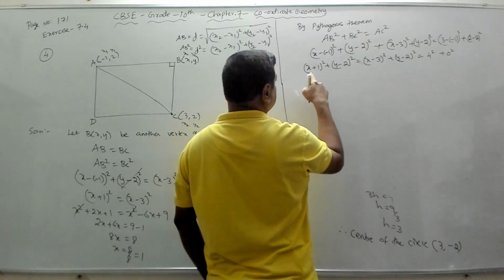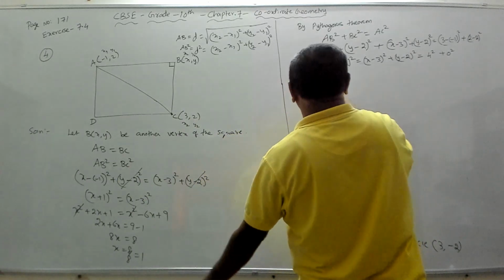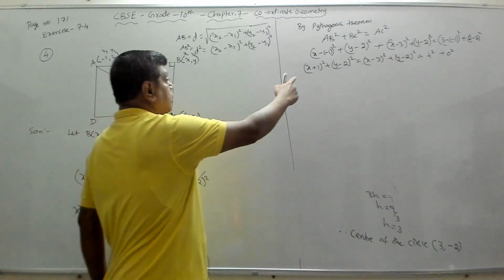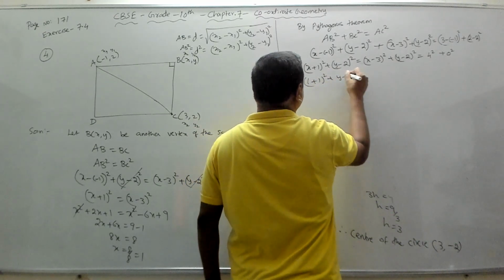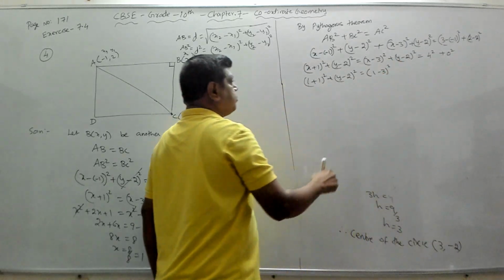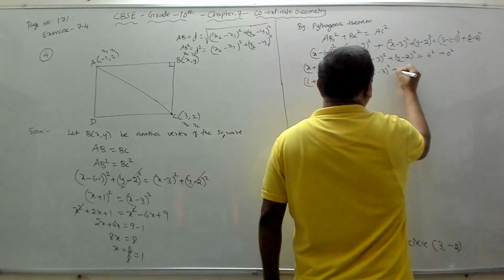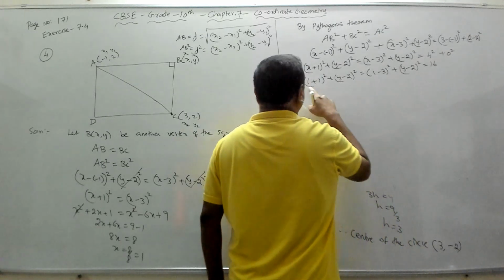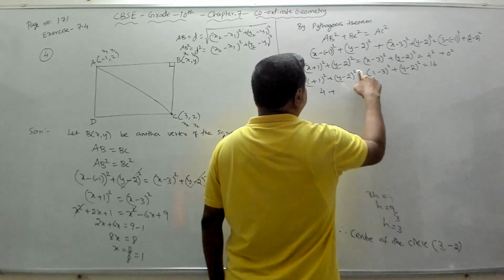Now we know the value of x is 1, so we'll substitute x as 1 here. Then what do we get? (1 plus 1) the whole square plus (y minus 2) the whole square is equal to (1 minus 3) the whole square, because x is 1. So in the place of x, I am substituting 1. 4 square is 16. So 1 plus 1 is 2, 2 square is 4, plus,